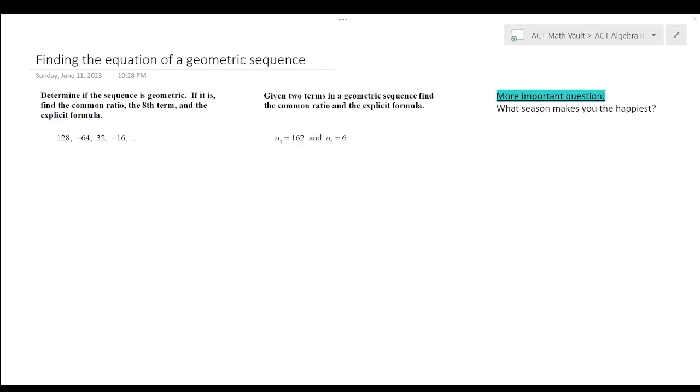Everyone. In this video, I'm going to talk about finding the equation of a geometric sequence. These are the two problems that we'll do, and to make sure that we don't take ourselves too seriously, let's